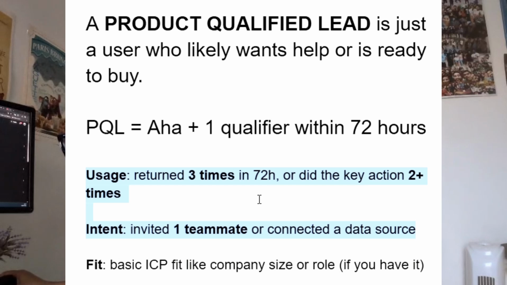So the simple rule you can set up is AHA plus one of these two qualifiers in 72 hours. So either they had an aha moment and they returned back to the tool 3 times in 3 days, or maybe they did the key action more than 2 times, or maybe they invited a teammate who had an aha moment in the 72 hours, or maybe they connected a new data source which provides you with a new data set within the 3 days, right?